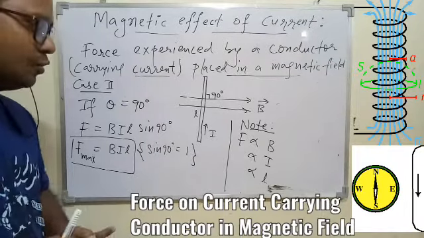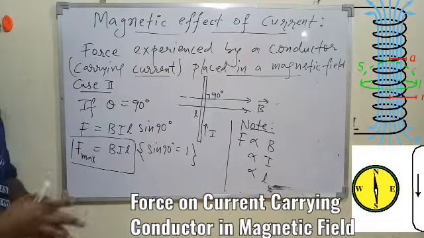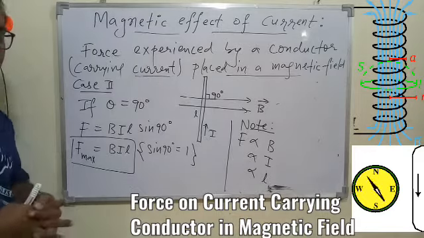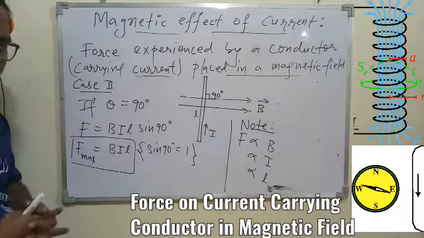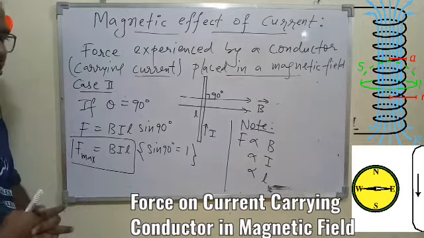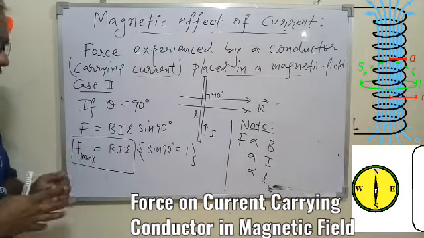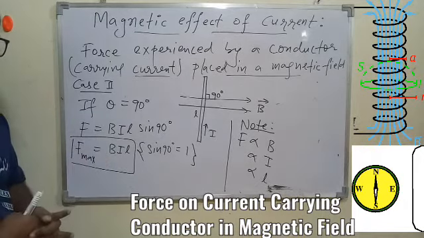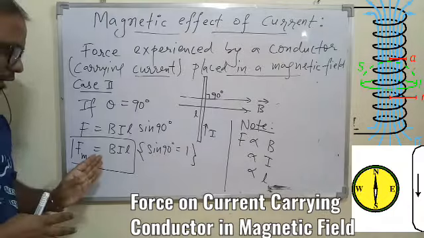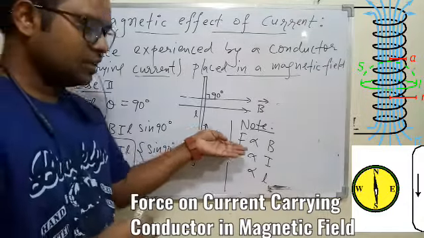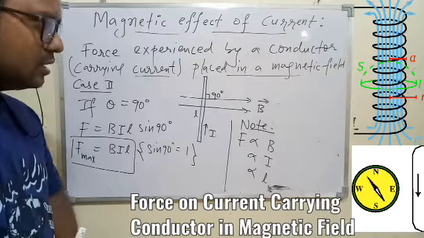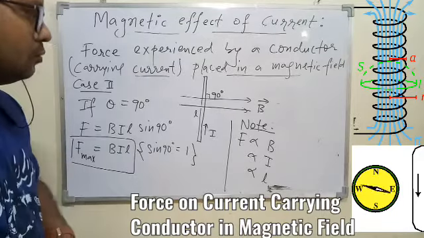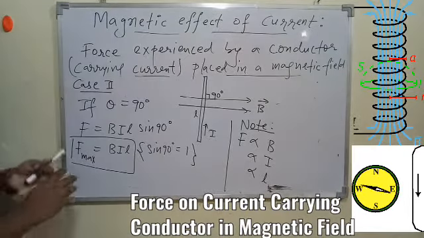So in this topic we have covered that the force given to a conductor in a magnetic field can be 0 if it is parallel or anti-parallel to the magnetic field, and will be maximum when theta is 90 degree, that is BIL. And in that case also we can decide how to increase the force. We can increase the magnetic field, we can increase the current, we can increase the length of the conductor. I hope this much is clear to you.